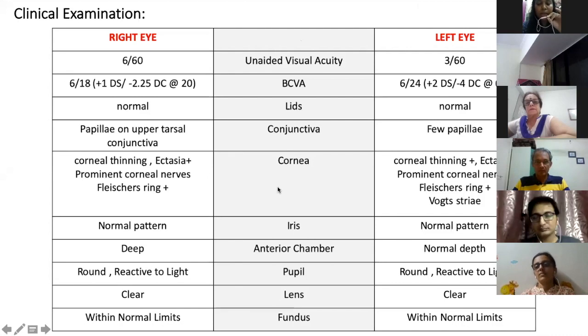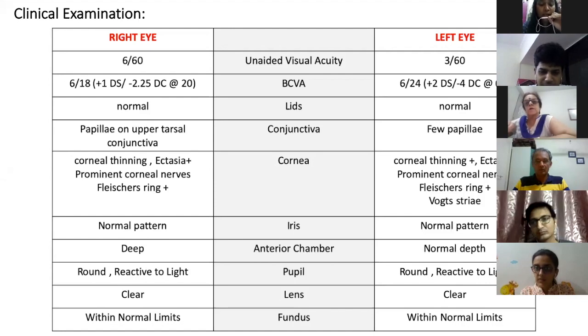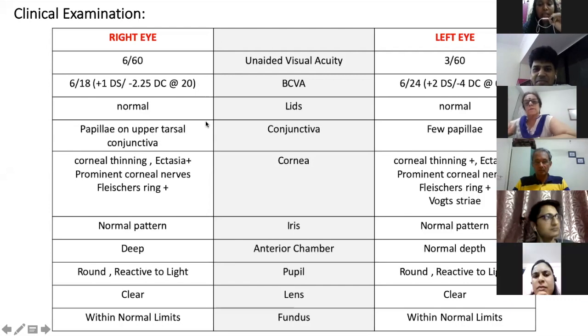Okay. What is the treatment of mild, moderate, and severe keratoconus? Let's put it that way. We can start giving the patient glasses. If the patient is okay with the glasses, then fine, otherwise we can try contact lenses. There are various types of contact lenses available, like a Rose K lens or a scleral contact lens or hybrid lenses. Then if the patient's cornea is thinner, on pachymetry less than 480 microns, we can think of CXL, that is collagen cross-linking. Then if the